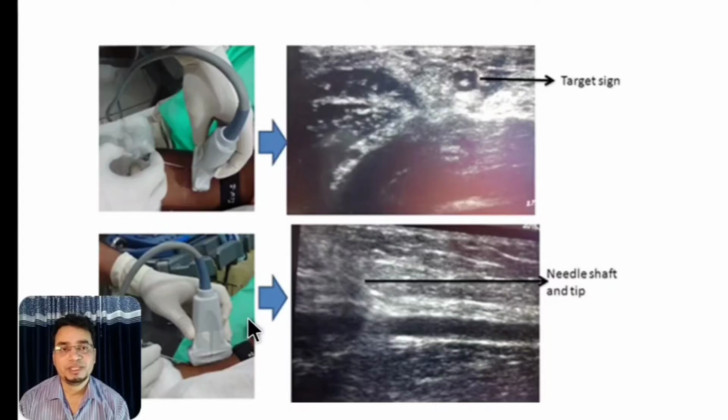In the in-plane method or longitudinal method, you keep the long axis of the ultrasound probe along the long axis of the vein. Thereby you visualize the vein in the longitudinal section, and hence you can guide your needle. You can see the whole shaft of the needle going through the subcutaneous tissue all the way towards the vein. There are advantages and disadvantages of each approach. I am not going into detail on these; you can read from various resources on websites and articles. So I will move forward.